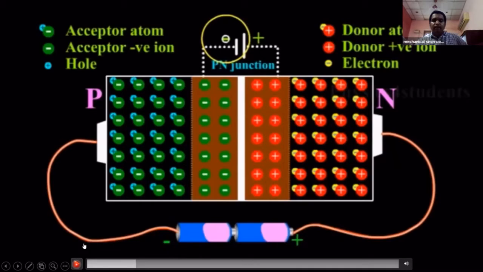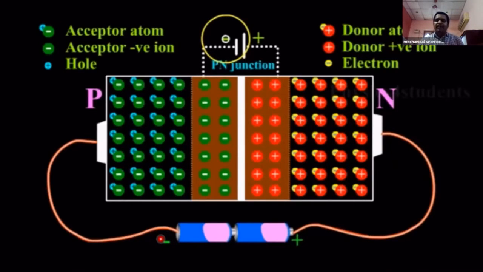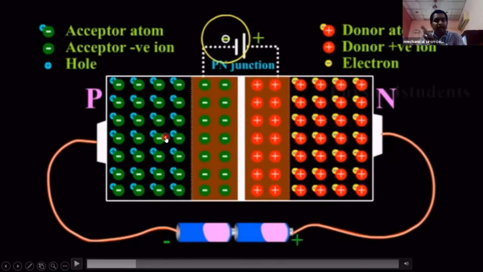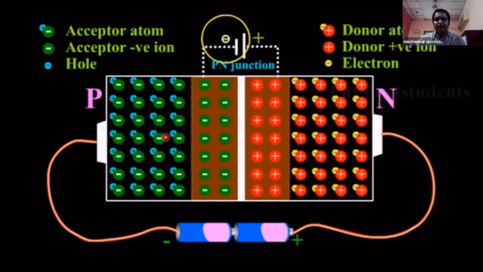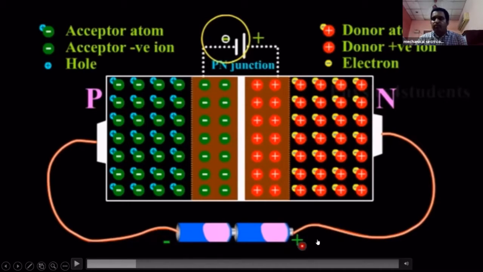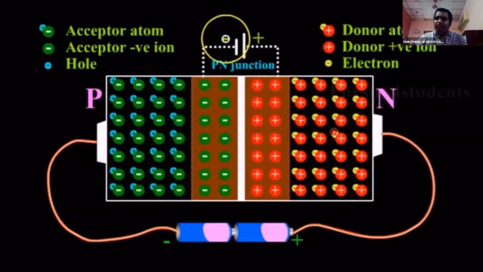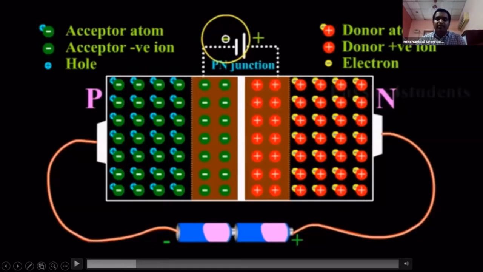What will happen? The p-type material consists of holes, meaning positive charge. Here the positive charge is connected to negative, and opposite charges attract. Because of the attraction, the holes are moving away from the barrier, not towards it. Here negative is connected to positive, so they attract, meaning the electrons move towards the terminal, away from the barrier. That causes an increase of barrier width. See this.